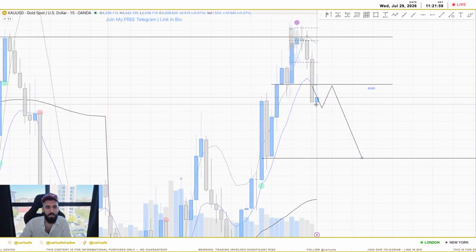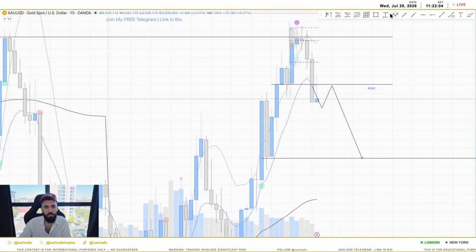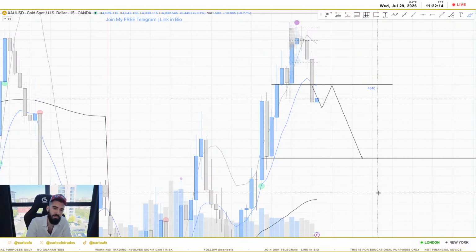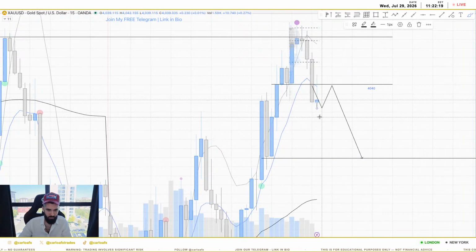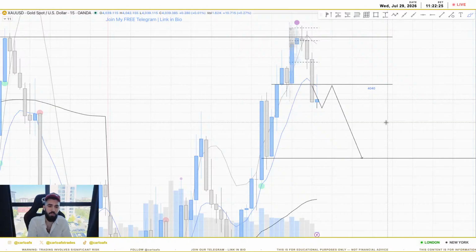I want this candle to make a low, then flip bullish again, and this is the only kind of environment I'm making a trade in. If this candle is going straight down from here, I'm not taking this trade. No, there's no way. I want this candle to make a low, then flip back bullish, and I'm doing a pending order from that point.